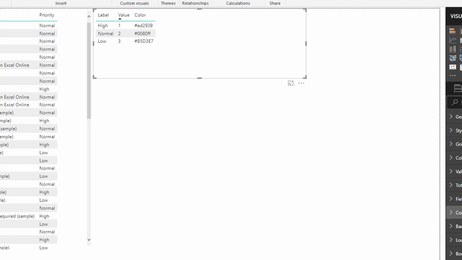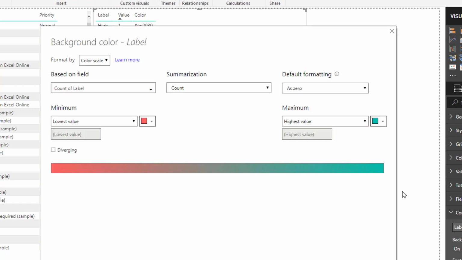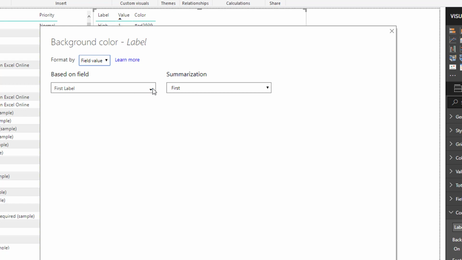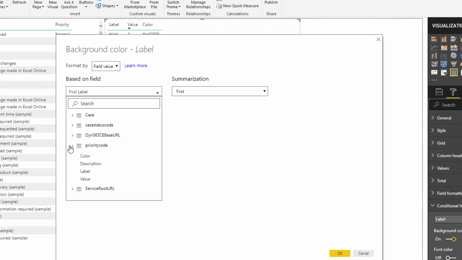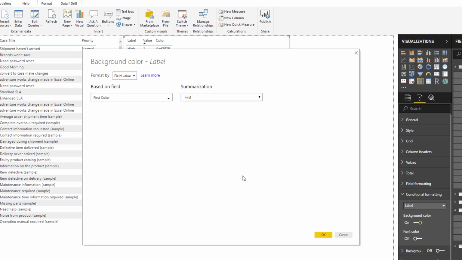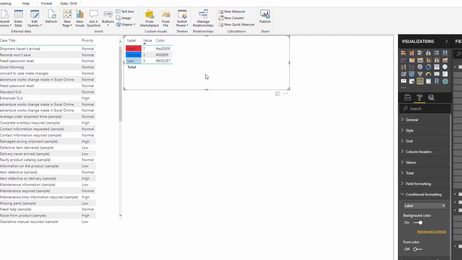Now, what's new here in the latest version of the Power BI desktop client is that we can now do conditional formatting of specific fields and add the color code from another field. So if we go there to background color, turn it on, the conditional formatting, and we say format by field value, and we can basically specify what field we should use in this case. I can use the priority code, I can select color, I'll click on OK,